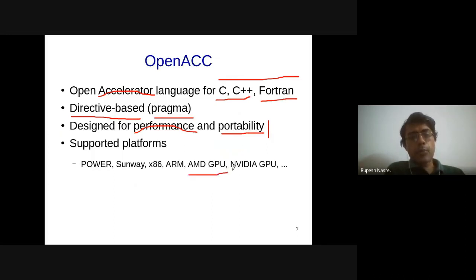It is very proprietary to NVIDIA, whereas OpenACC is open in the sense that it is designed such that you can develop backends for different targets, and it is supposed to work across these different targets as long as it is supported. It's not that it is going to just magically work across arbitrary target architectures. No, it has to be supported. But as far as languages or frameworks such as CUDA are concerned, those are going to be very specific to a particular GPU, in this case NVIDIA GPUs.